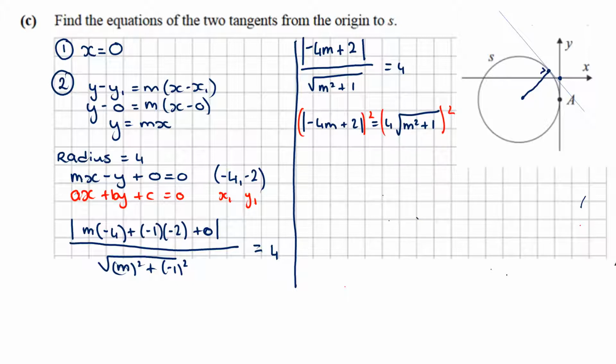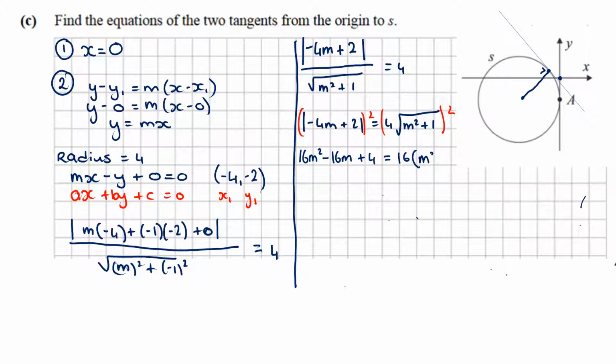There are other ways to deal with the absolute value or modulus signs, but here, because we have the square root as well, we might as well just square it out. A really common mistake that students make: if I'm squaring out the absolute value signs, I do have to square what's in them. All that the squaring does is make sure that it's positive, so I no longer need them. So we get 16m squared minus 16m plus 4 equals 16, and here the square